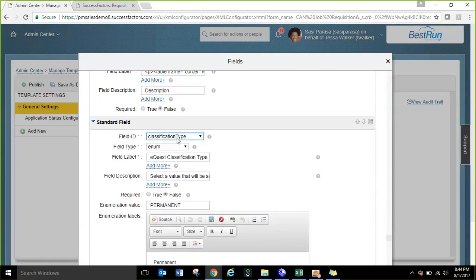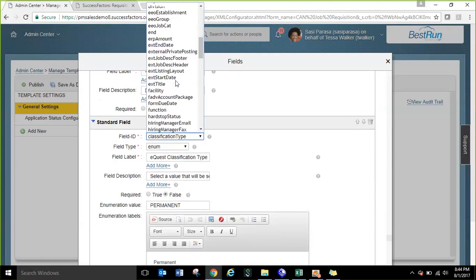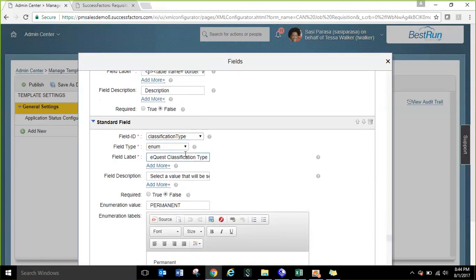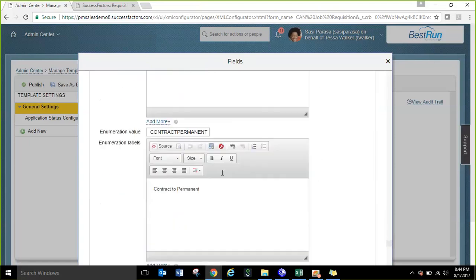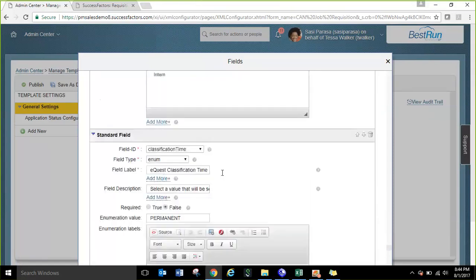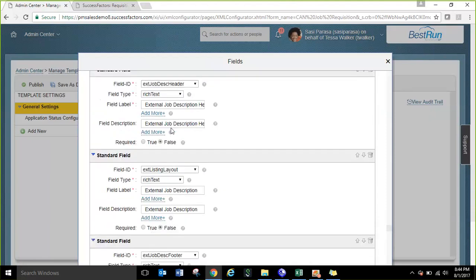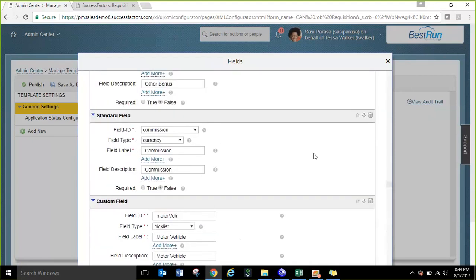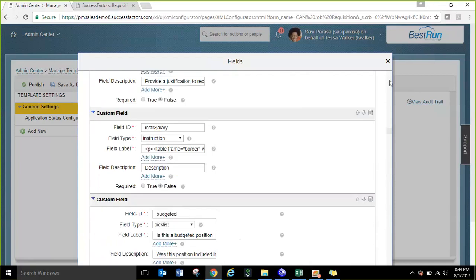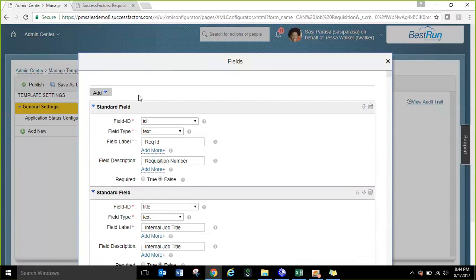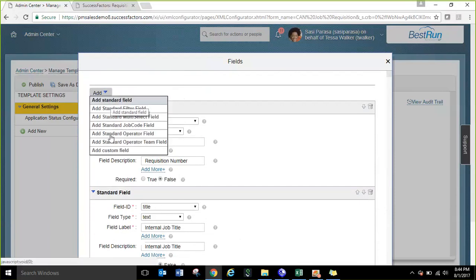Classification type. So these are all the different classification types. Usually if it's like 100 fields, it's very hard to find in the big drop down, but this is the place where we can add different types of standard fields which are already there in the system. And if you want to add a custom field,